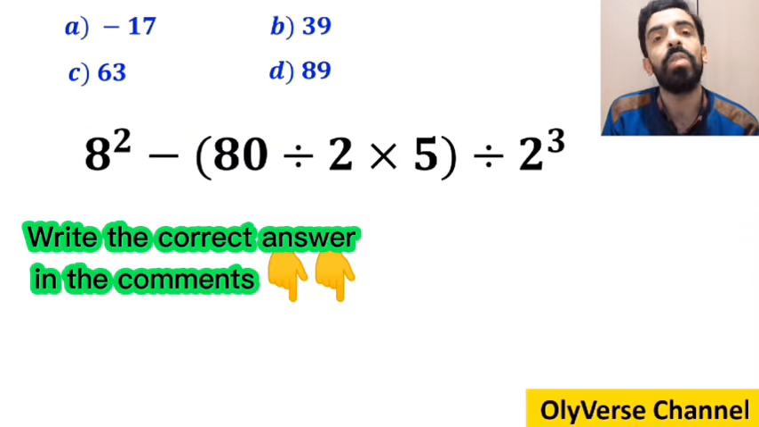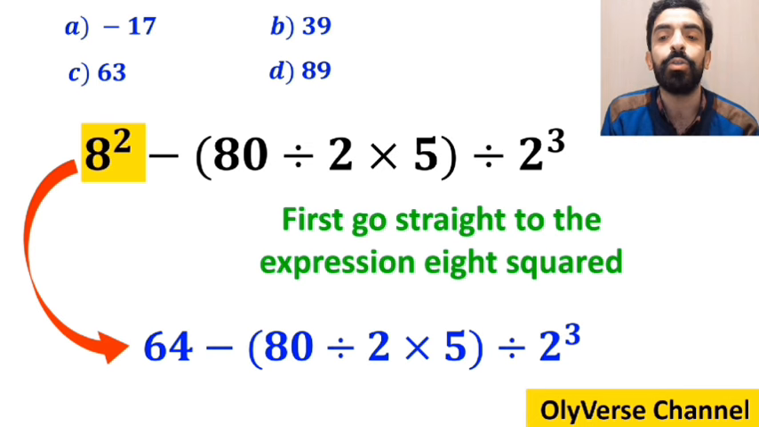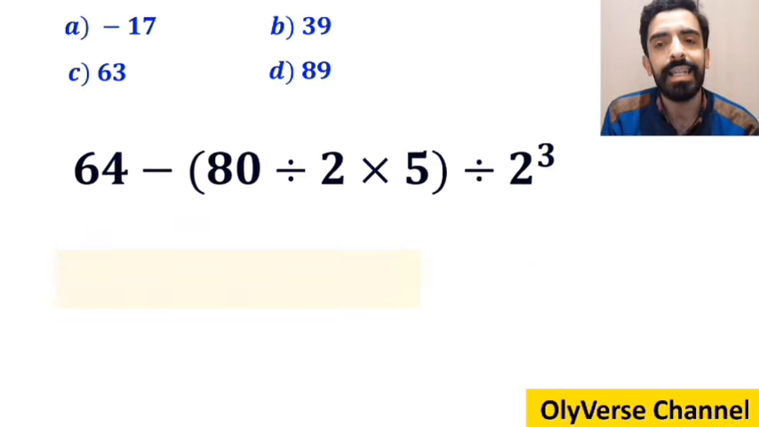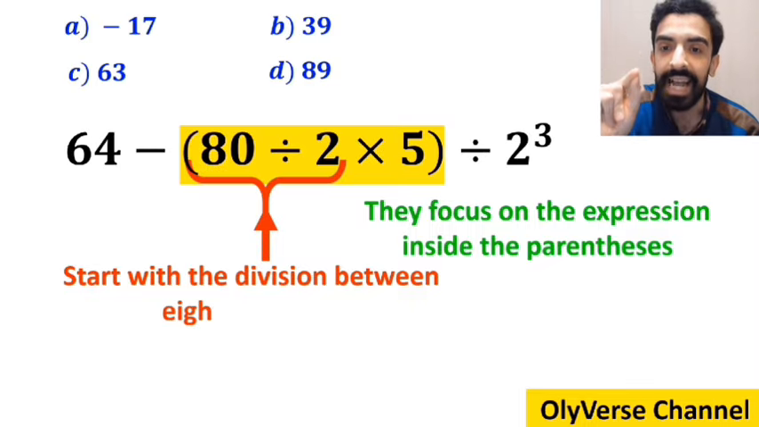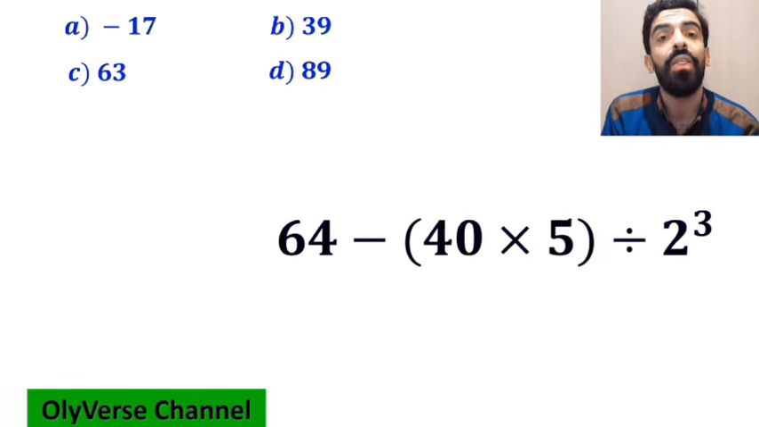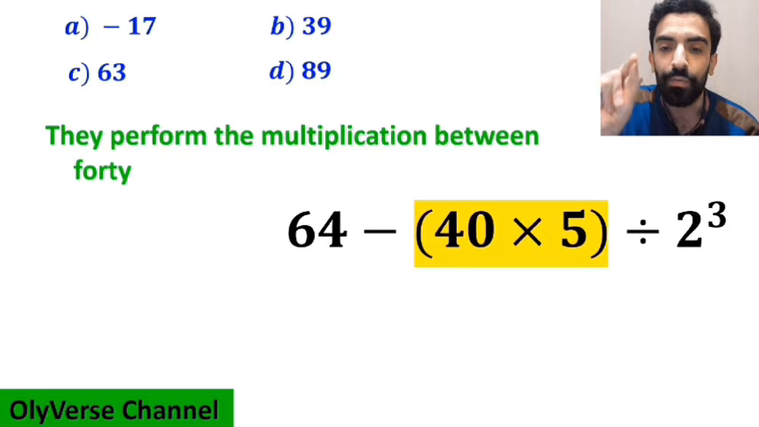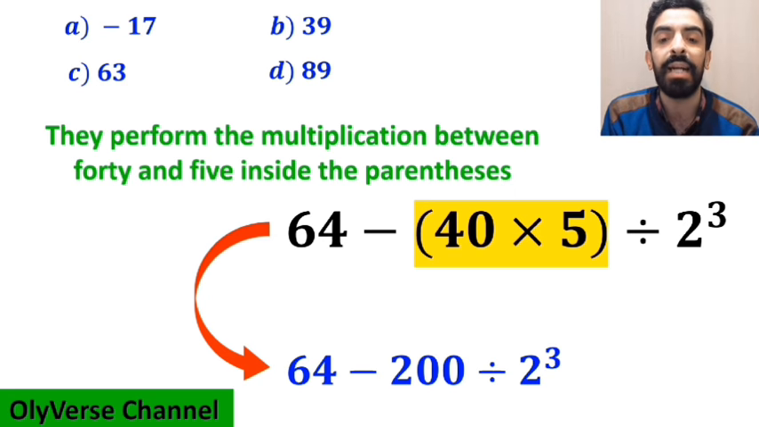Also, some other people when solving this question first go straight to the expression 8 squared and simplify it to 64 minus 80 divided by 2 times 5 inside the parentheses, then divided by 2 cubed. And the next step, they focus on the expression inside the parentheses and start with the division between 80 and 2. So, they simplify this expression to 64 minus 40 times 5 inside the parentheses, then divided by 2 cubed. Then, they perform the multiplication between 40 and 5 inside the parentheses and write this expression as 64 minus 200